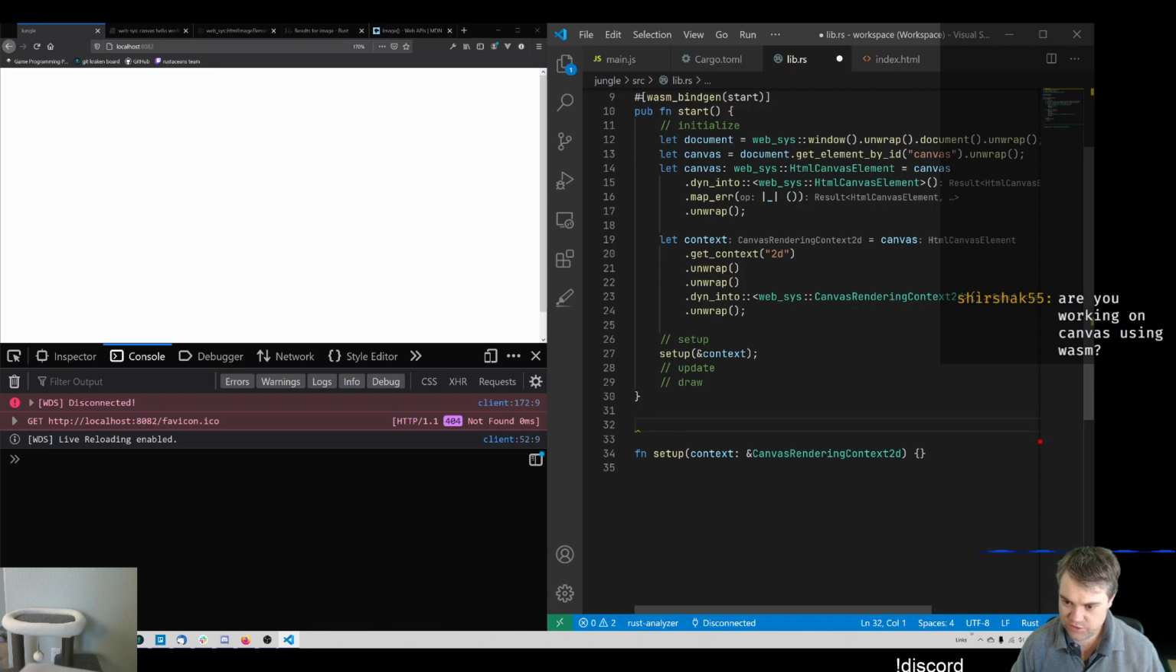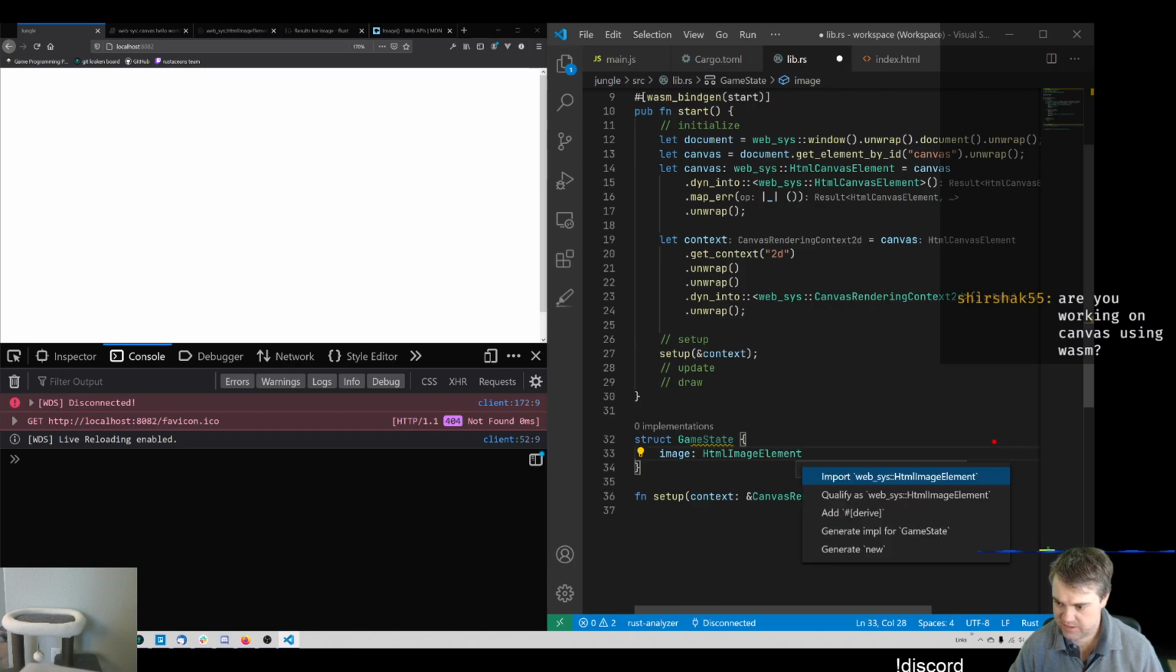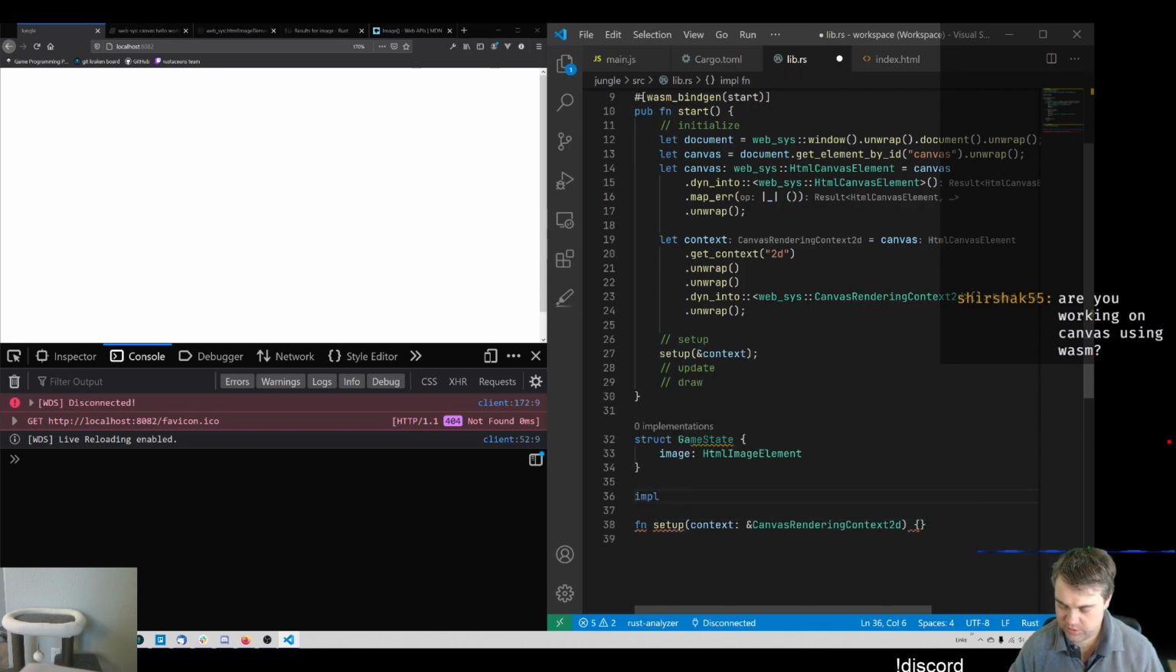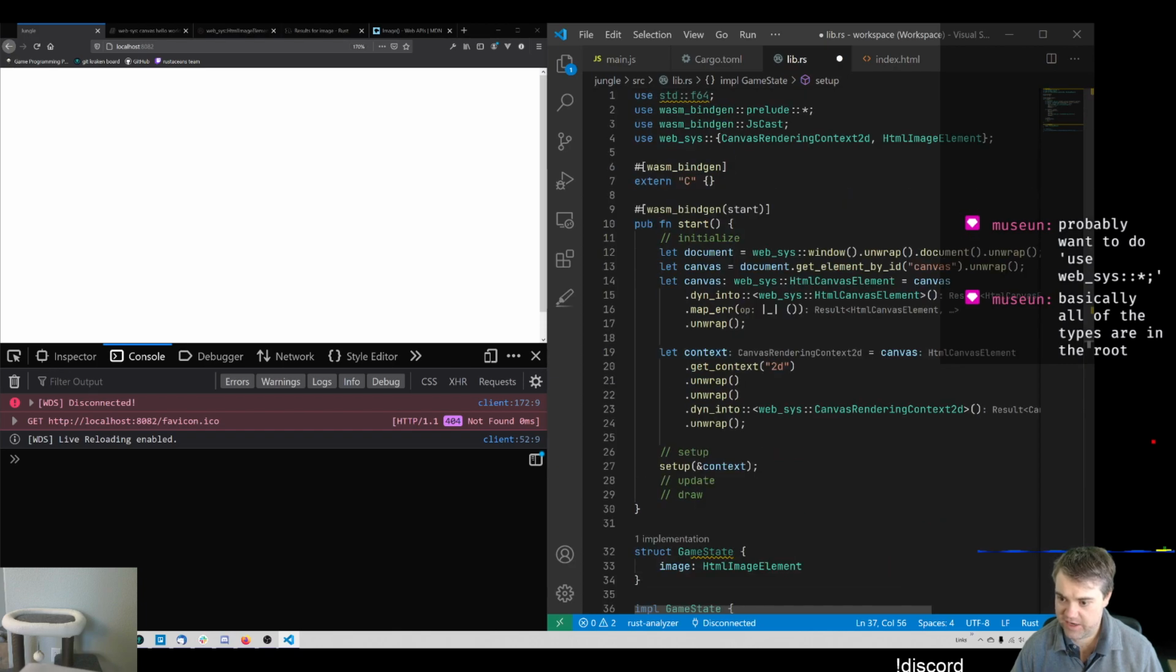Okay, so let's do a struct GameState. In here, I want to store the image, and this is going to be an HTML image element. I want to import GameState. And here's where we're going to move inside of here. So now inside of our initialize, we're also going to